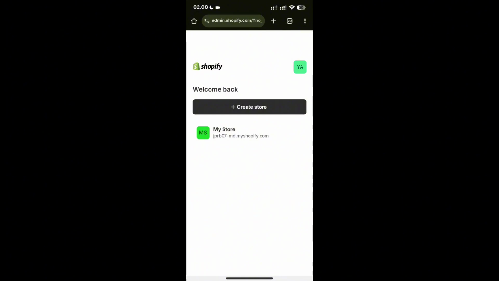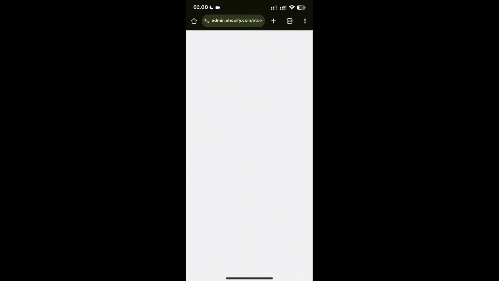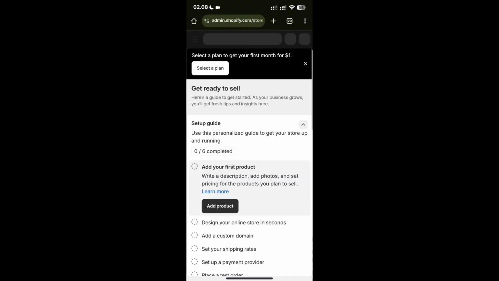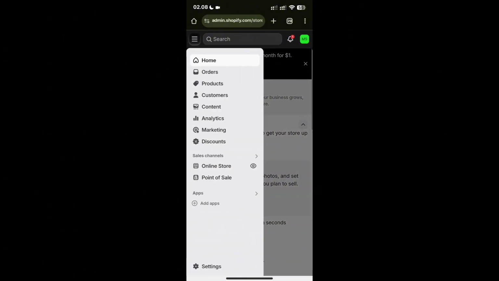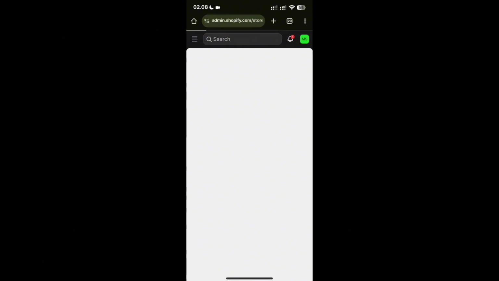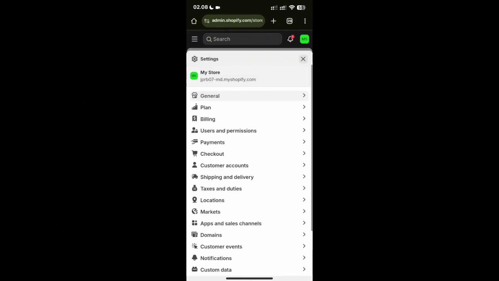So first, head to your store and then click the three-lined icon that you can see in the top left corner of the screen. Once you click this, it will show these tabs, and I want you to focus on this settings icon. Now the settings icon will show this. So head to the payments,